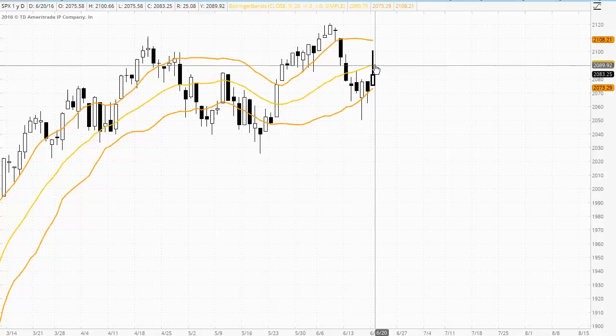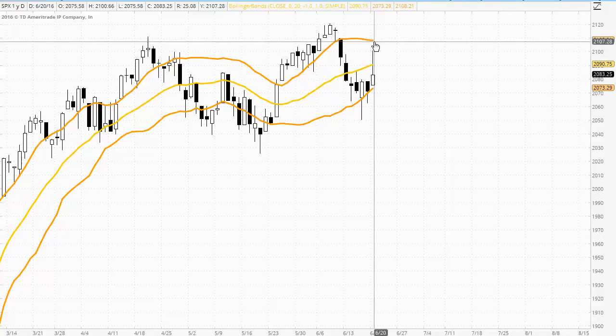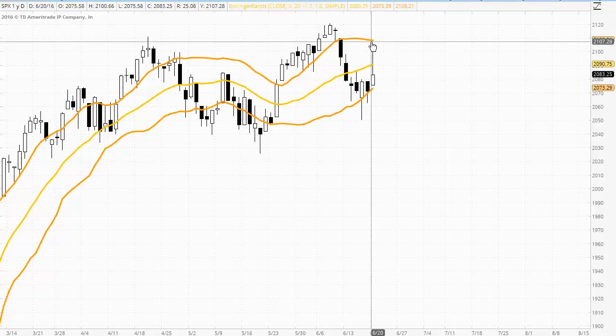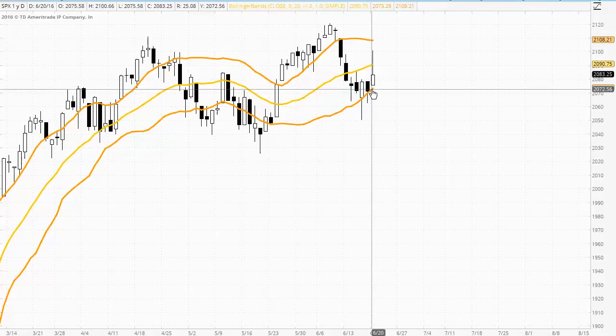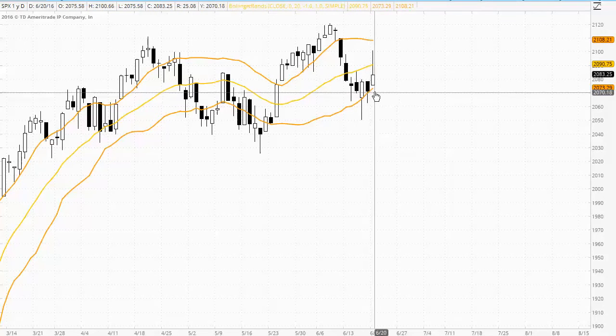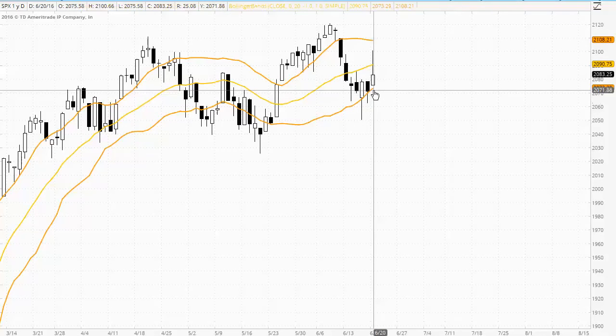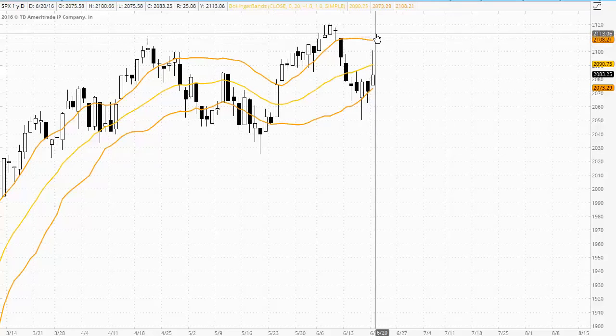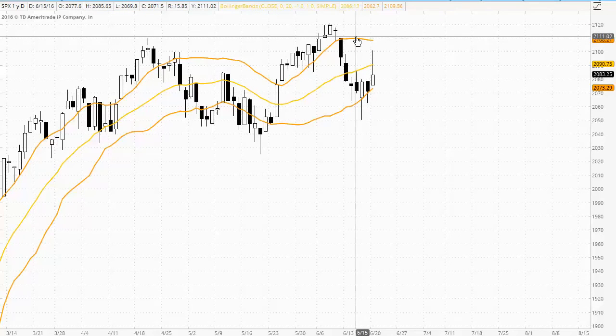Now, if we do see the market close above that upper band, we could see the market end up rallying up to the upper band at 2108, and we should be watching that upper band as resistance, as we also should be watching the lower band to act as support. So what we're looking for here would be a bearish breakout, a strong bearish breakout to the downside below the lower band, and strong bearish follow through, and the market would then need to trade down through that previous swing low,